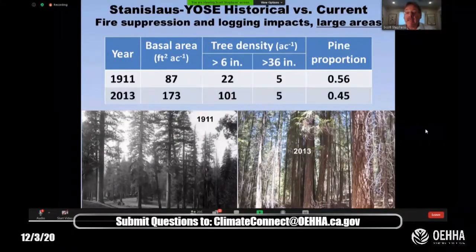I wanted to spend just a moment on some data that we have for California forests in different parts and look at change. Of course, we know that if you take fire out, indigenous burning, lightning burning, inevitably you're going to change that ecosystem. And certainly if you harvest the largest trees like we've done in a lot of areas, that's also going to produce a large change.